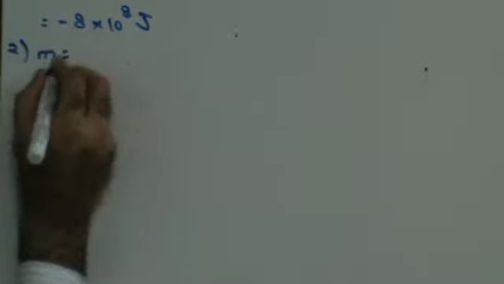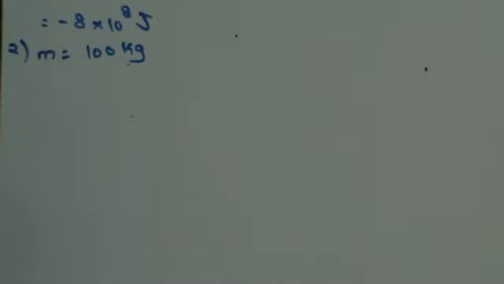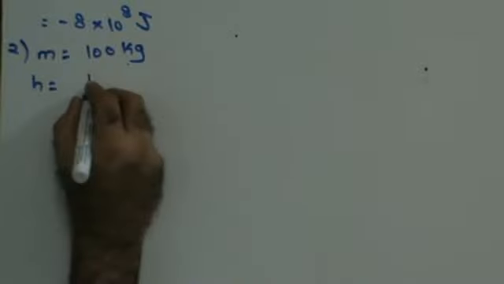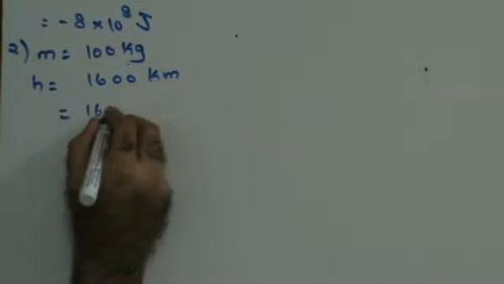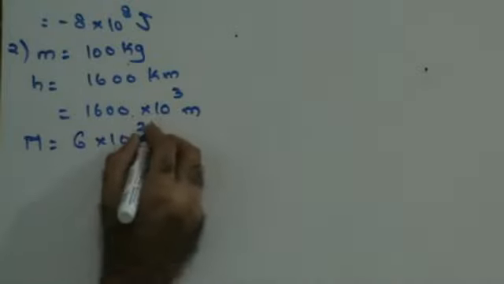Find the total energy and binding energy of an artificial satellite of mass 100 kgs orbiting at a height of 1600 kilometers above the Earth's surface, if the mass of Earth is 6 into 10 raised to 24 kgs,